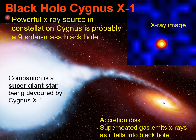We can't actually see black holes because they don't give off any light or radiation. However, as we talked about, we can actually see the accretion disk around the black hole. So the first black hole that was discovered is called Cygnus X1. This is an X-ray source, the first X-ray source, that's why it's called X1, that was found in the constellation of Cygnus. And the model for this is probably a black hole, which is shown right here, that is actually devouring